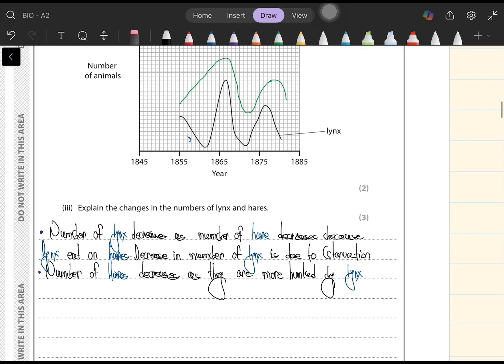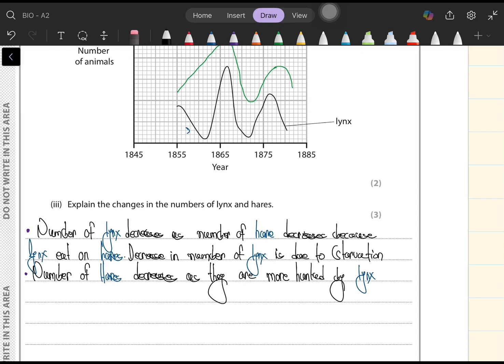See what I've written: the number of lynx decreases as the number of hares decreases because lynx eat hares. The decrease in the number of lynx is due to starvation. The number of hares decreases as they are more hunted by lynx,